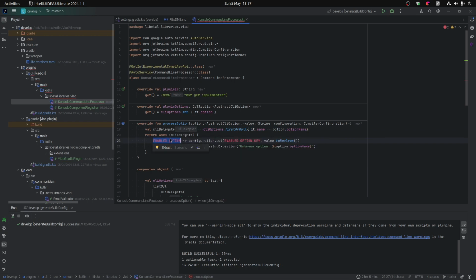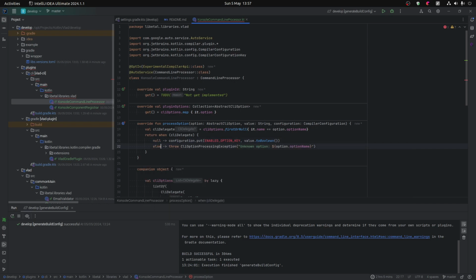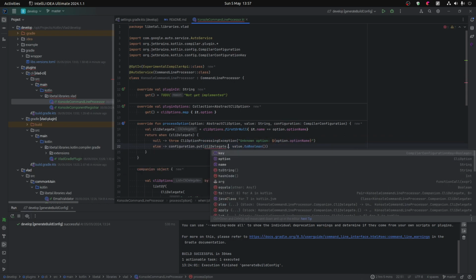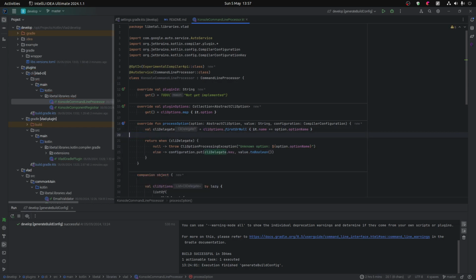We just generally want to know if it's null or not. If it's null, we're going to throw an exception. If it's not null, we're going to do that. And now we have the CLI delegate key there. Okay, and that one is done for just setting up the